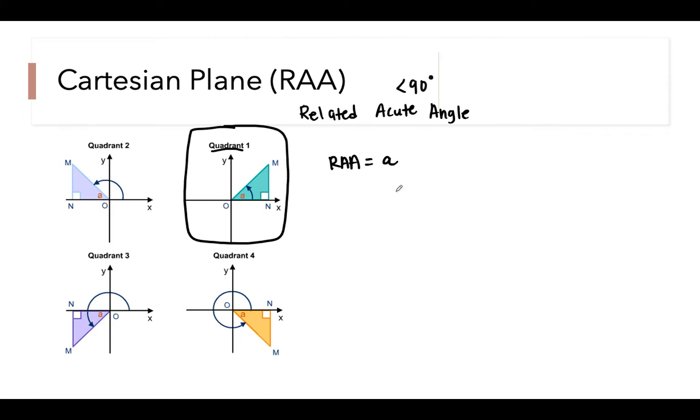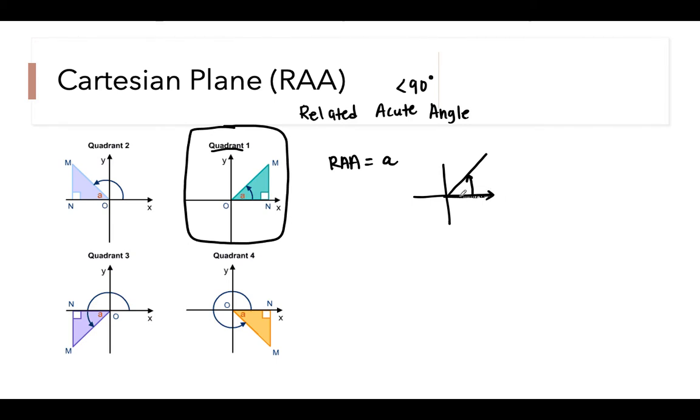The reason it's standard is that the angle on a Cartesian plane always starts from the positive x-axis and goes counterclockwise. That is the direction that the principal angle or the standard angle starts from the initial arm